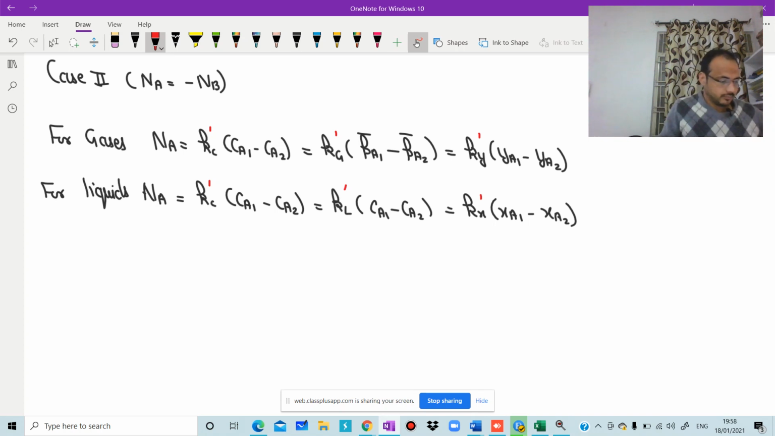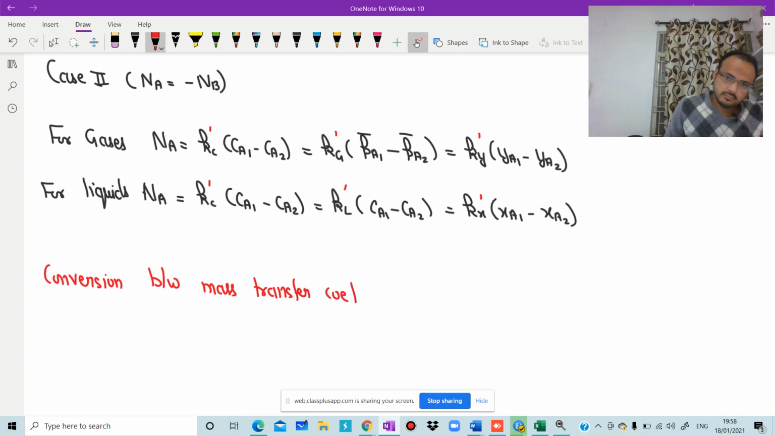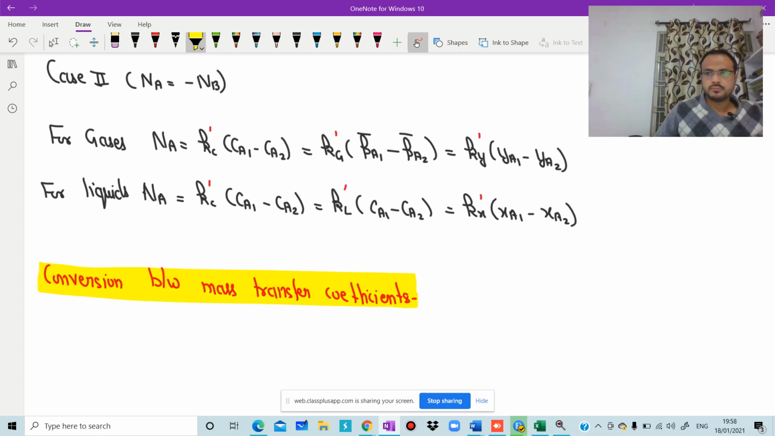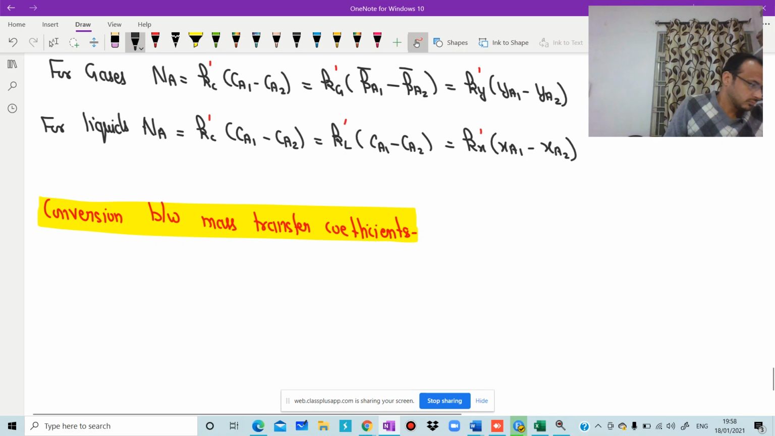Next one is conversion between mass transfer coefficients. Conversion between mass transfer coefficients. For gases,